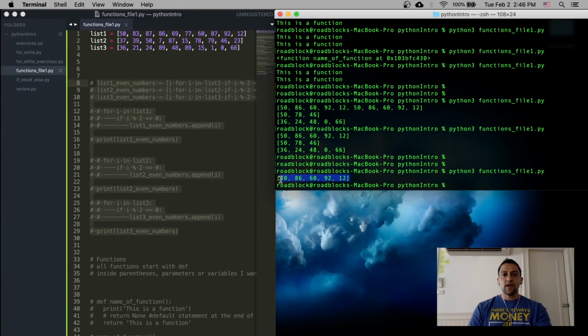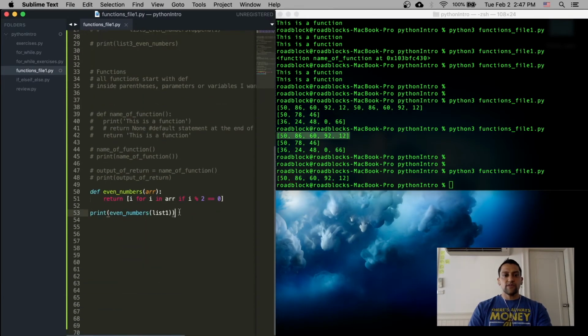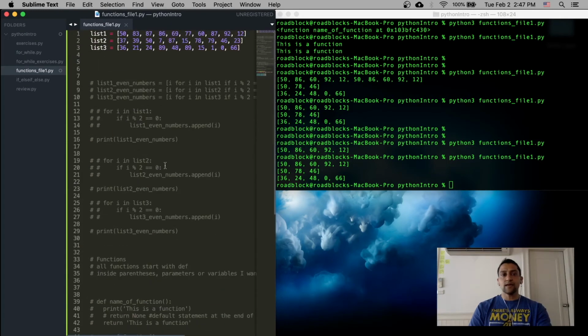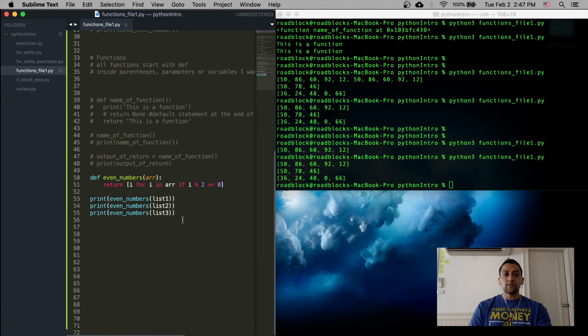And now we have our first even number list, which is the same as this one, and now I'll do even number list 2, list 2 and list 3, much easier. We don't need to change our function, and we don't need to change the variables inside. We just need to add the function and the list. That's it, so all this stays exactly the same. So that is how to use functions at a very